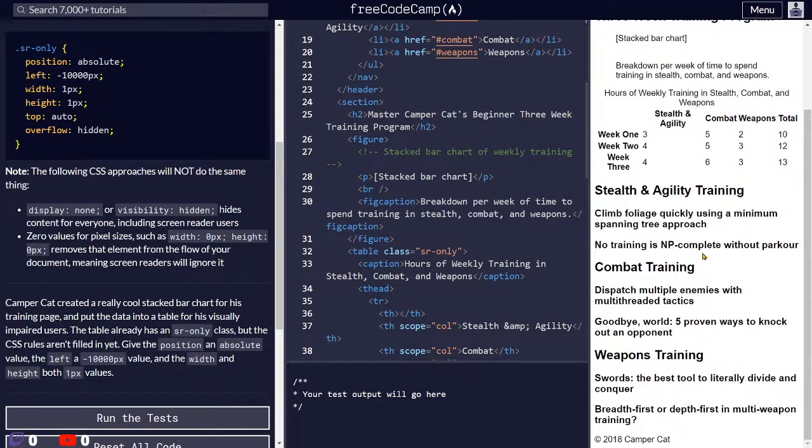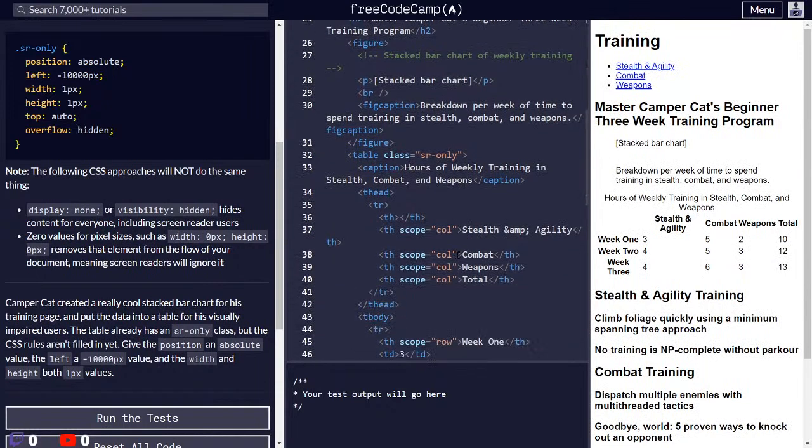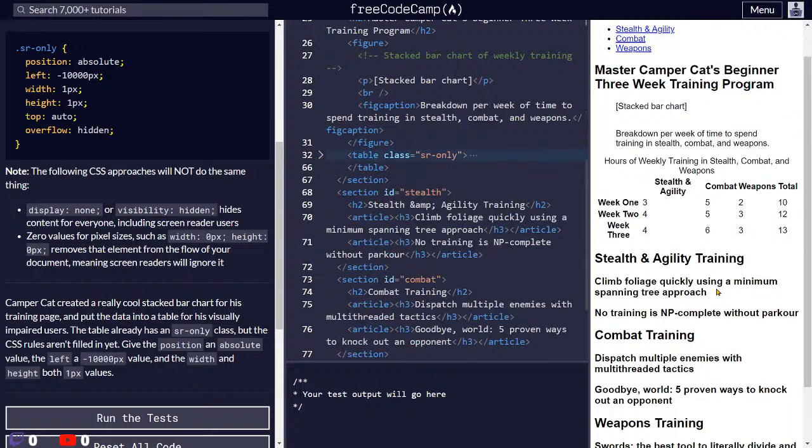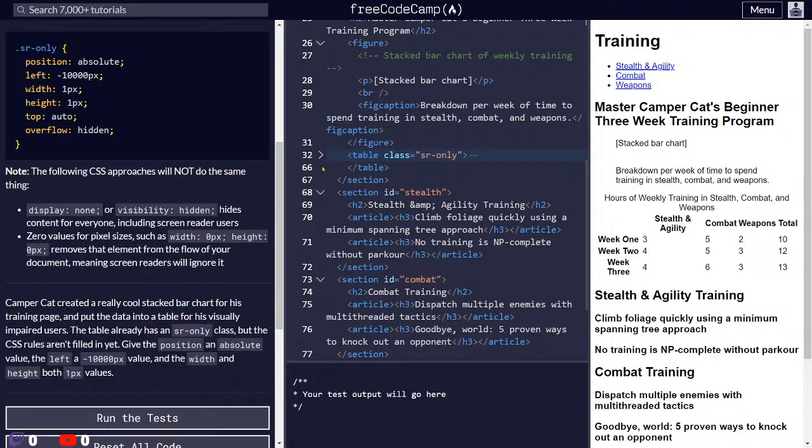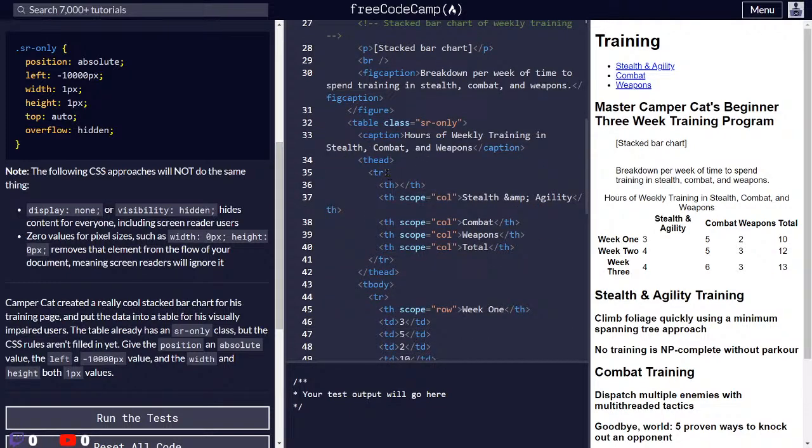So this is the table, where th, thead, tbody,